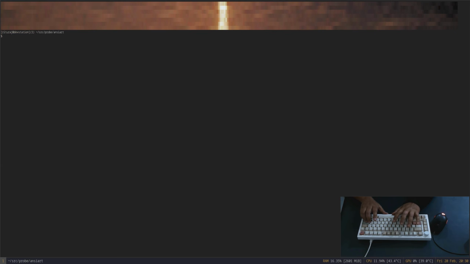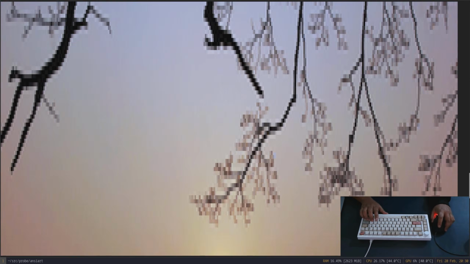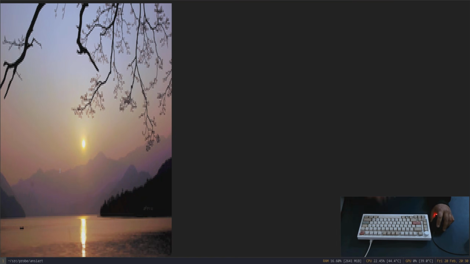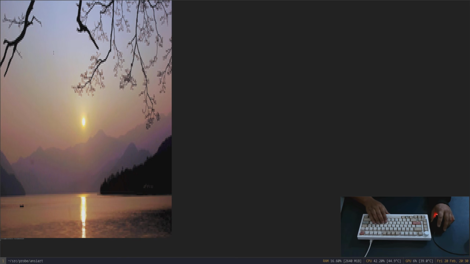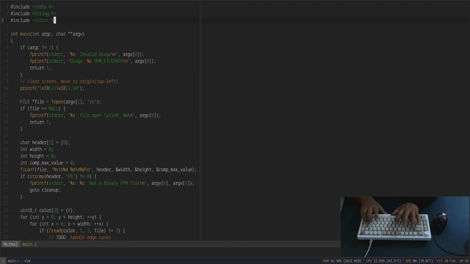Now we can actually see the image. Obviously it's lower. Obviously this is stretched out, because my font is too thin and long, so the width is much less. So what we can do is